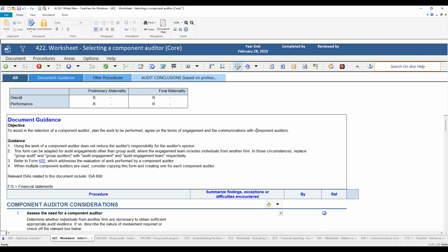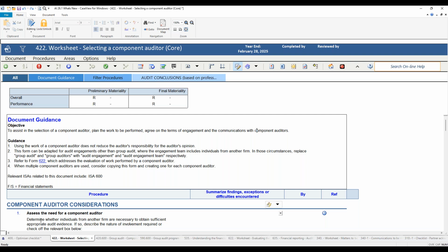So if there's a component auditor involved, you actually have to communicate that to the component auditor upfront, what you want them to do, focus on, and that's in terms of the risk assessment that you have done for the actual group. You don't have to do it per entity or per component,